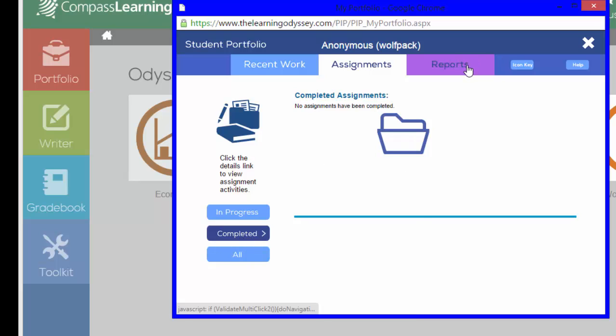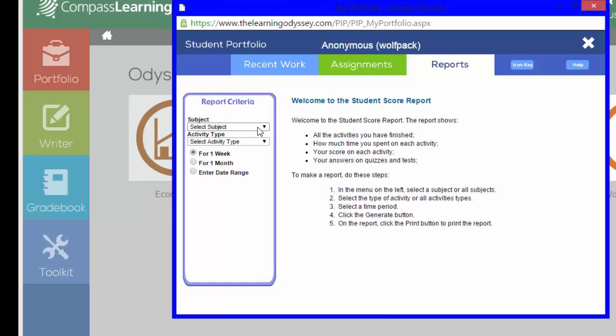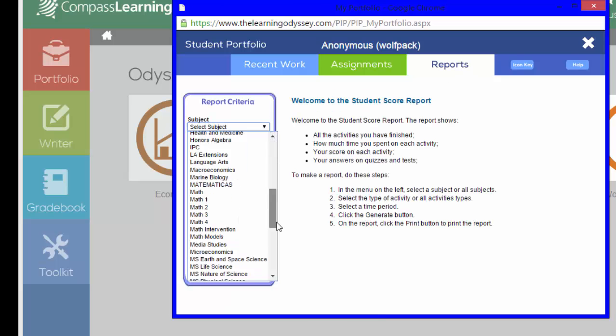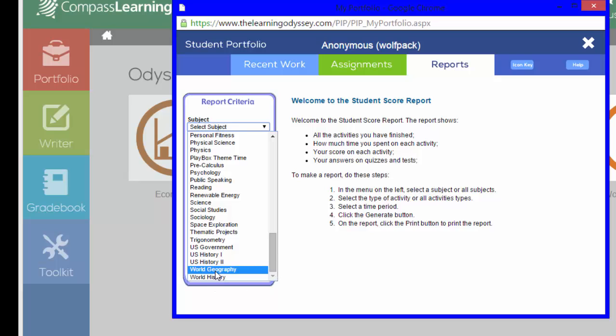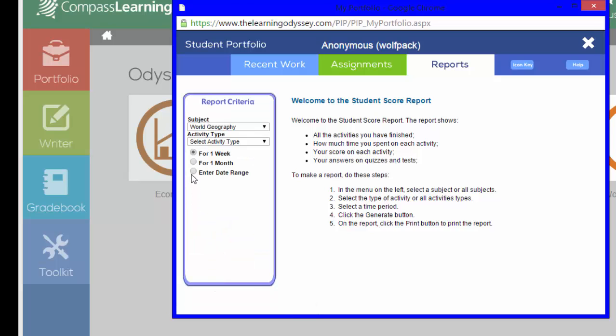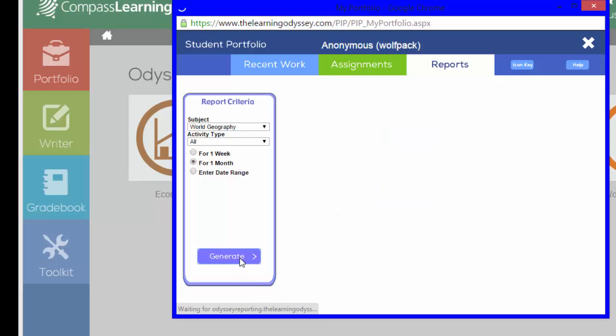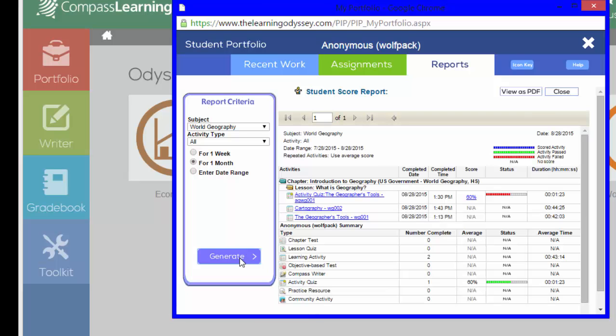Then you can click on reports and select a subject. We're going to select world geography and just see a little different view of a little more detail of what went on during today. And we're going to select all, and so this is going to show us everything that's happened in world geography this month. So we've got here